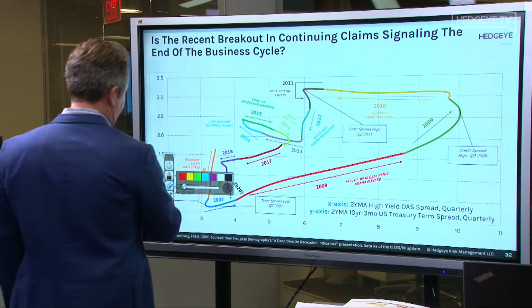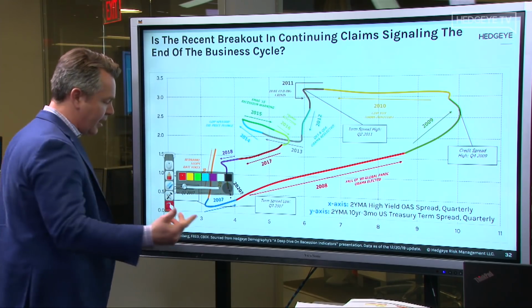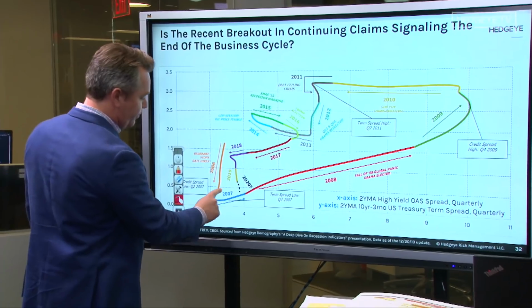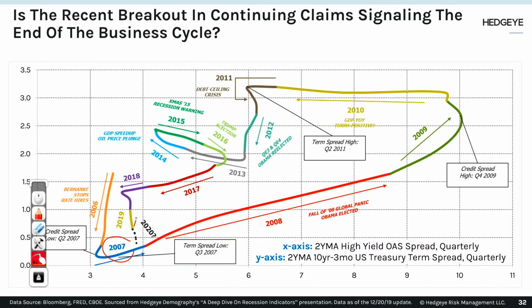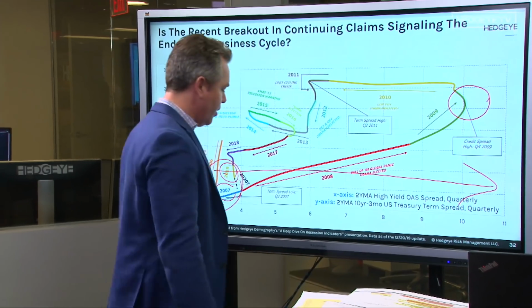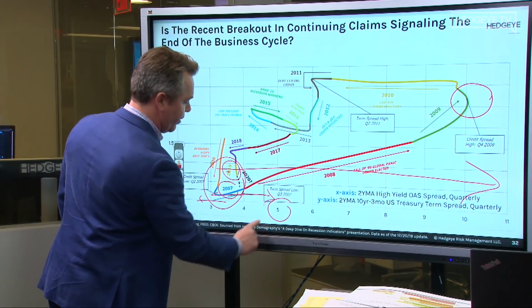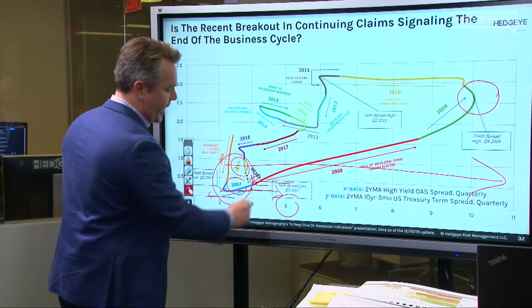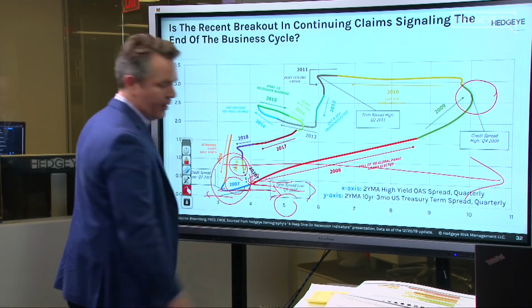So what happened in '07, and I made this call, obviously, maybe not obvious to all of you, but in 2007, the peak of the cycle, and as much as 2019, the peak of the cycle, high yield spreads are down basically in the bottom left corner. Risk can't get any more complacent than that. It's pro-cyclical. By the time you hit the low of the economic cycle in early '09, it's out here. So credit spreads blow out, okay? Currently, we've blown out to here. And Powell's job is to try to drive that back here. But gravity wants to bring it here.